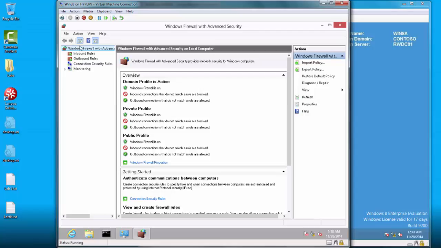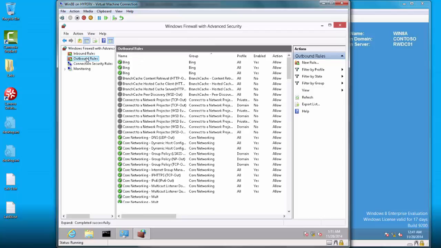Answer: Windows Firewall. Earlier on, when I'd go around, I'd have you ping either Win8a or Win8b from the servers, and you wouldn't get a response back, but you'd get a response if you pinged either of the servers from the clients. The reason you got that one-way connectivity is because the servers, when they pinged, were banging up against the firewall on the clients. As soon as you disabled the firewall, the ping packets would get through and you'd get a response. Okay, so let's click on Outbound Rules,